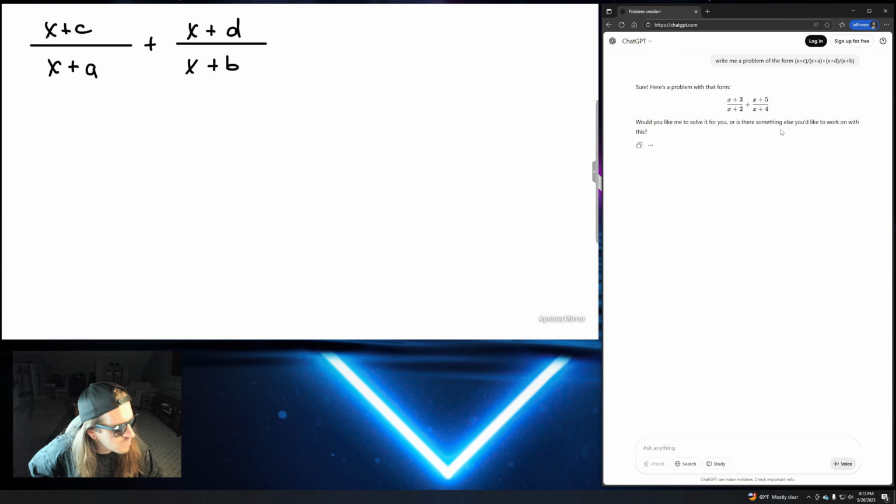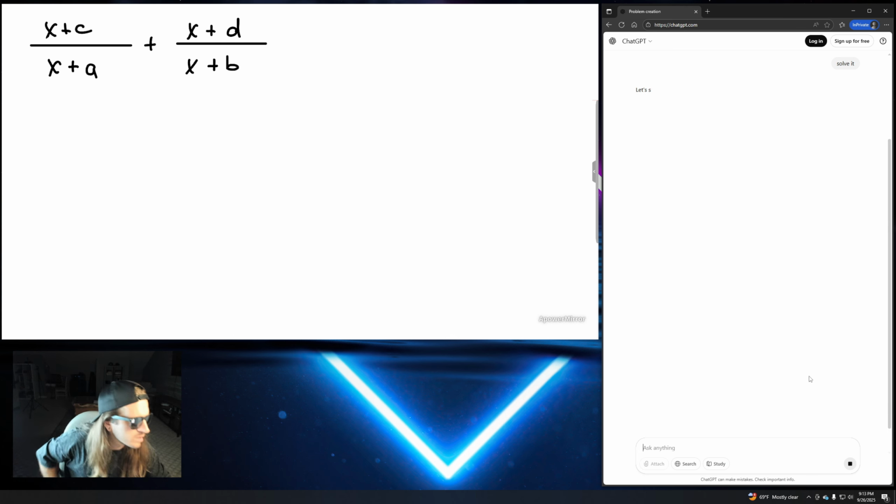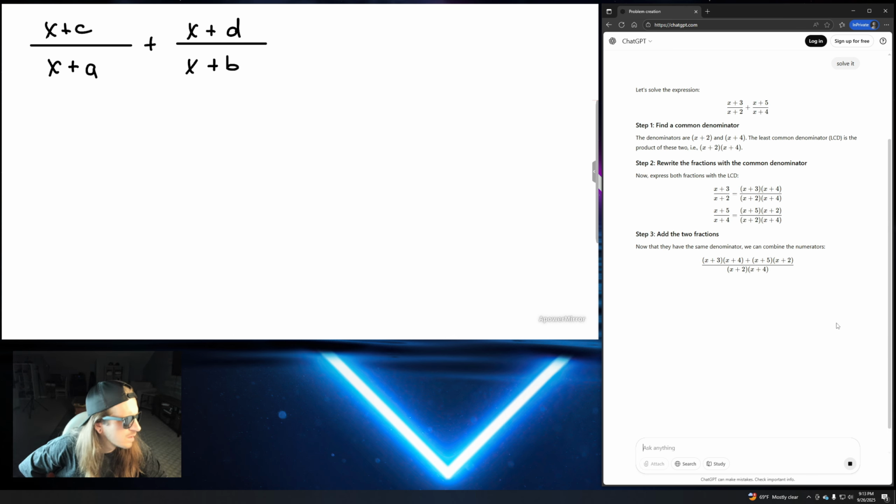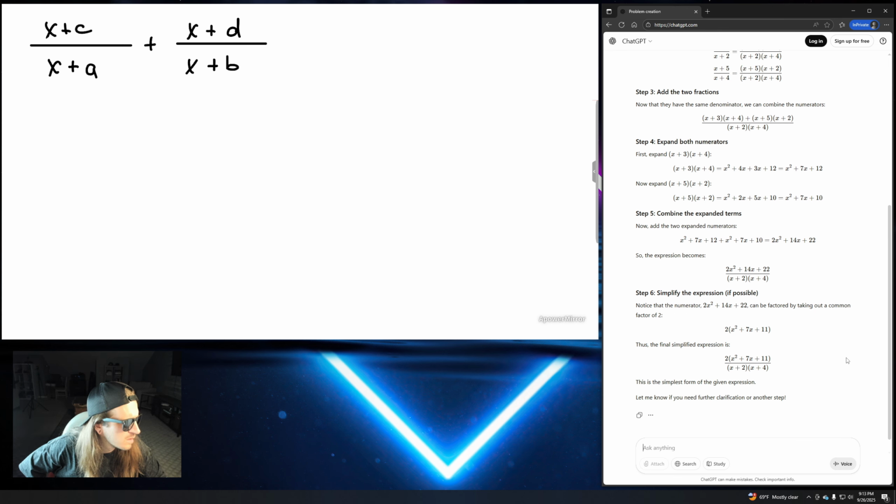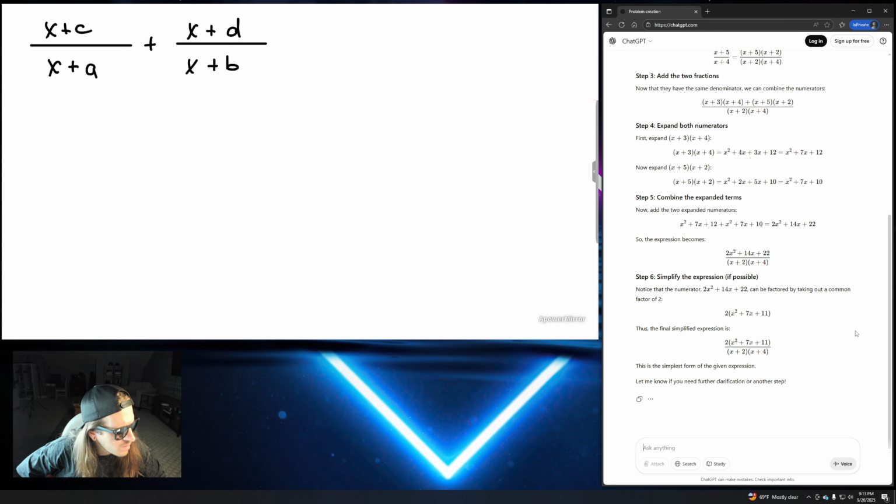And here it goes. It gives me one. Of course, it's implied here that a, b, c, and d are all integers. It gave me 2, 3, 4, and 5. And let's go ahead and solve it and see what it does here. Okay, good. So the final answer here was factorable, but what you'll notice here is that the problem was